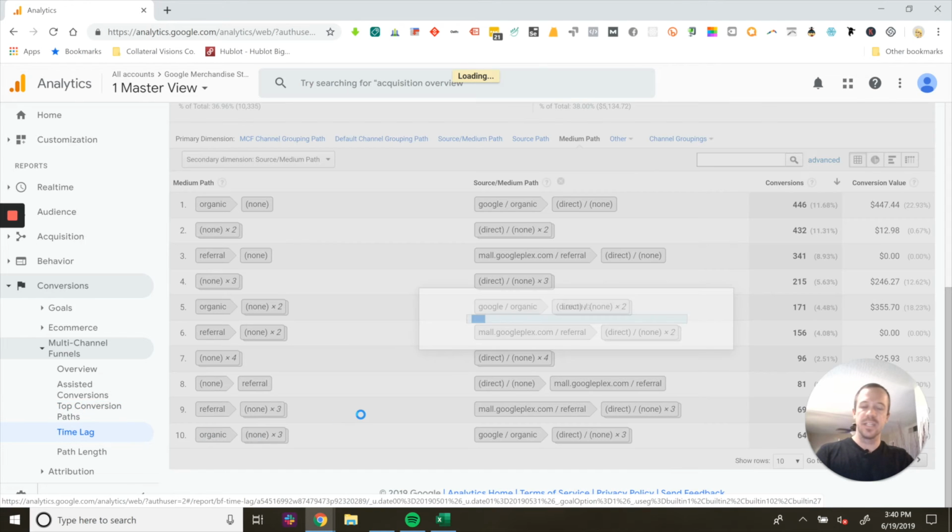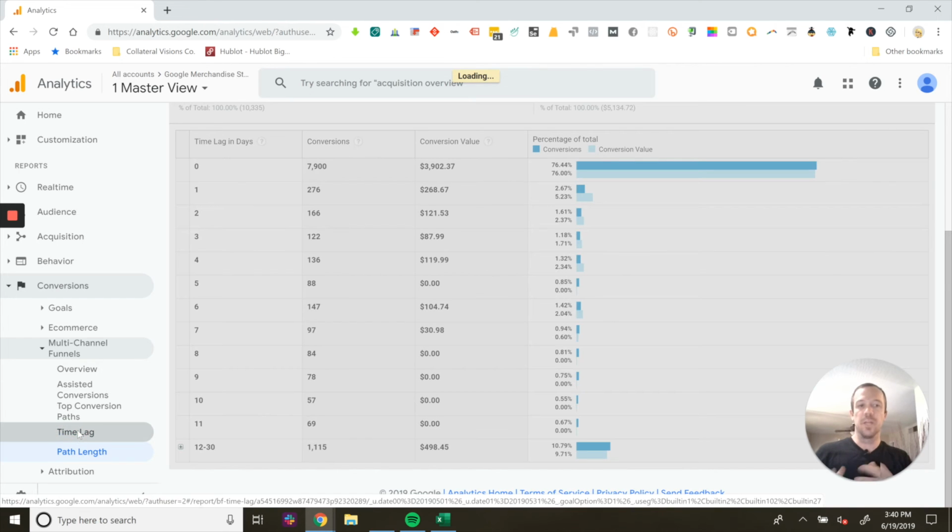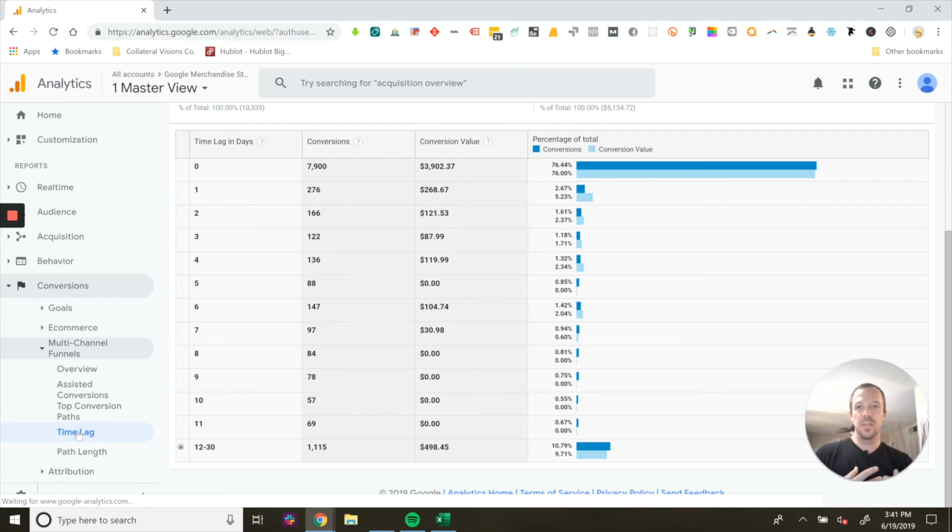These time lags, again, time lag and path length are going to give you touch point information, right? How many touch points did it take for them to complete their conversion? How many days from first interaction did it take to complete their conversion? Now, again, this is also going to be predicated on what numbers are displayed in here and how you set up